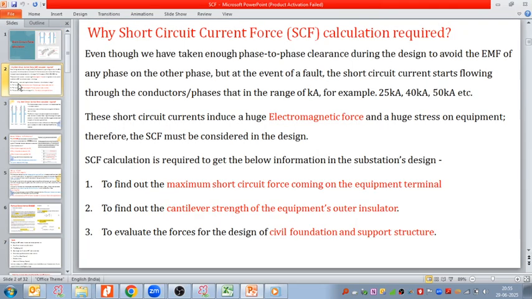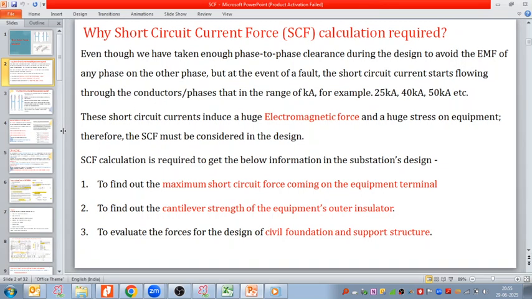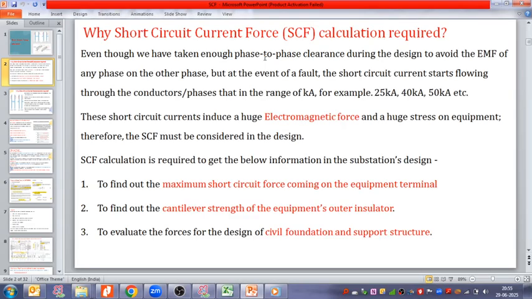Let us see again why short circuit force calculations are required. Even though we have taken enough face-to-face clearances during the design to avoid the electromagnetic field of any one phase to another phase, at the event of a fault, because here we have taken my voltage, my insulation level, and the insulation level again comes based on the voltage only. So accordingly,